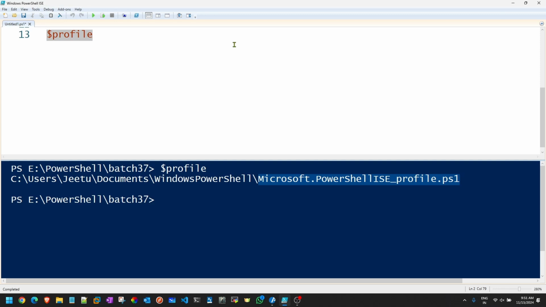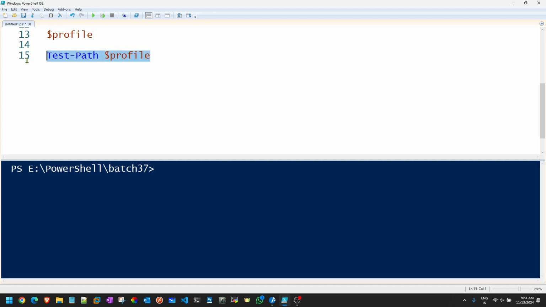How to check if a file exists or not? Yesterday we have done that command: Test-Path. Very good. So here if I go for this command, Test-Path and this particular variable, the answer is going to be a boolean, either true or false. If I get true, it means for my machine the file exists. If you get false, that means for you it doesn't exist. So when I run this command, can you see here?